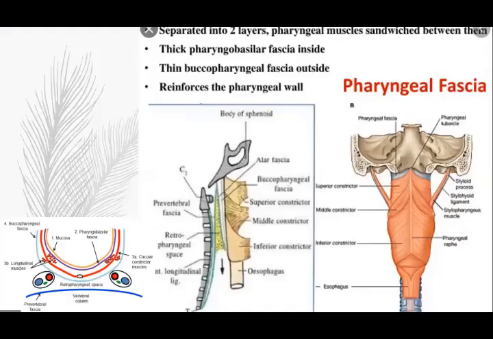Now let's go to the fascia, the fascia covering the pharynx. These are the muscles of the pharynx: superior constrictor, middle constrictor, inferior constrictor. These are the structures. ये vertebral column है, and these are the structures lying posterior to the